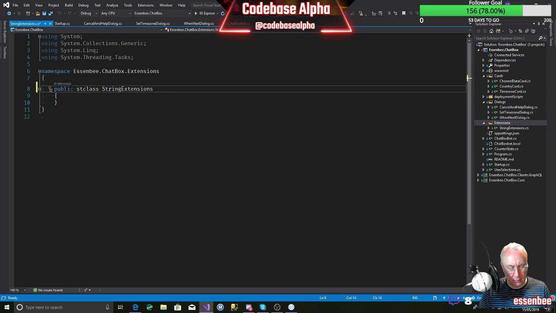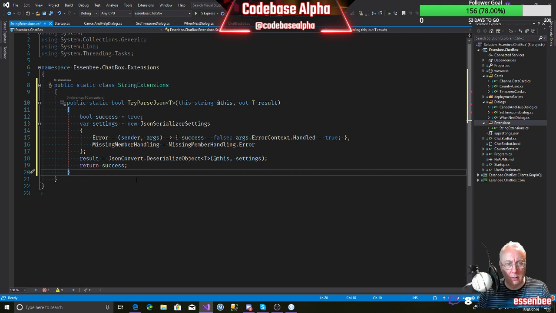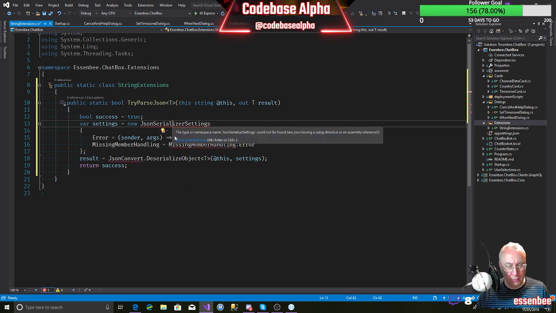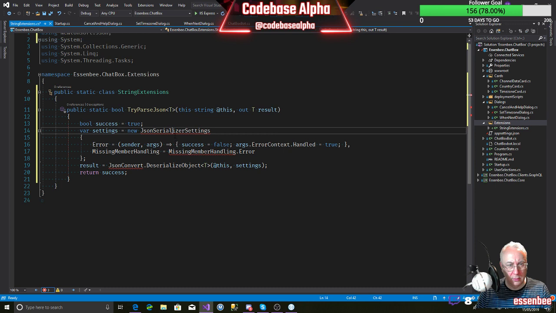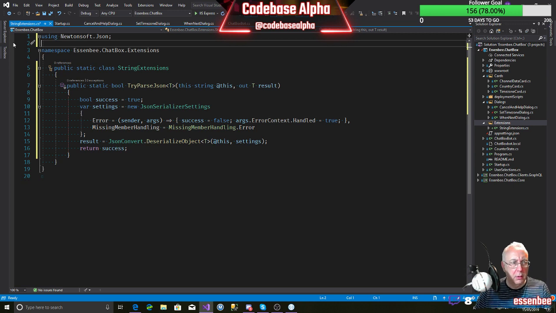Public static. That's that, and then just drop that in. And we're going to need to bring in some namespaces here. Got Newtonsoft, and we can probably lose all of this. So it's TryParseJson. It's going to return an object.